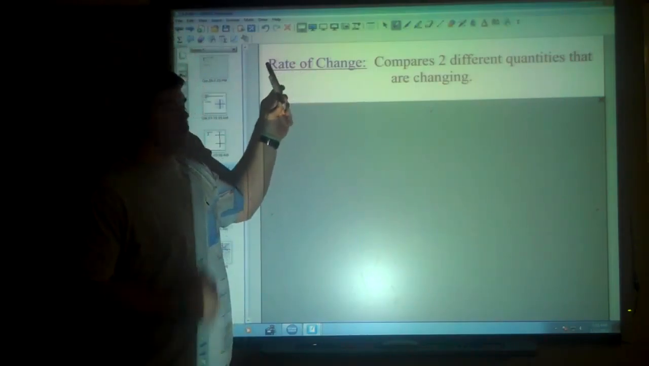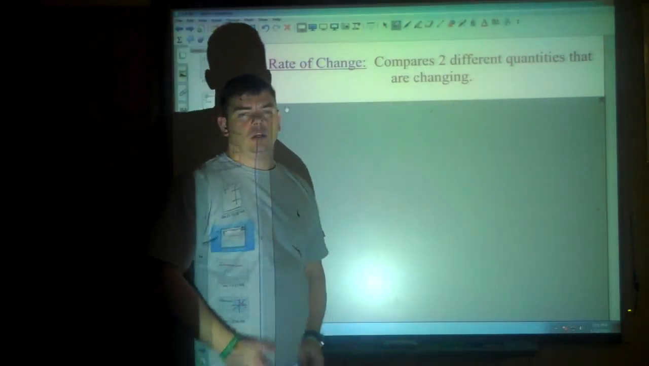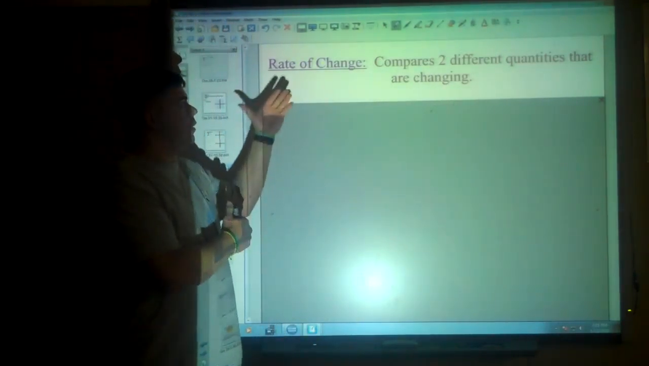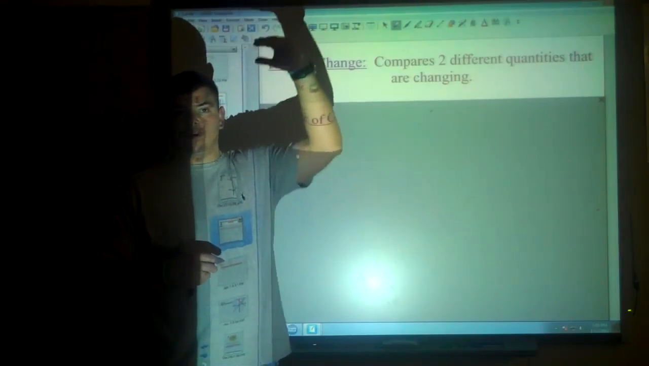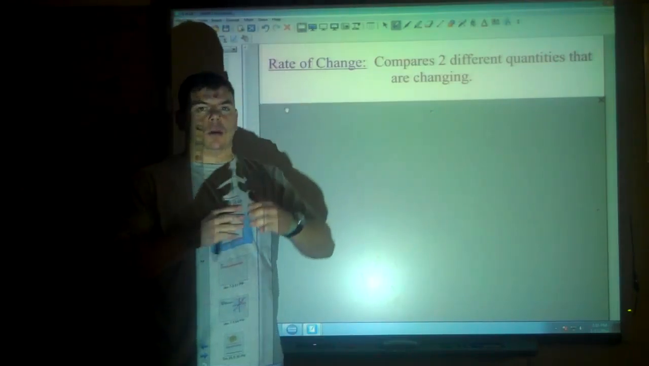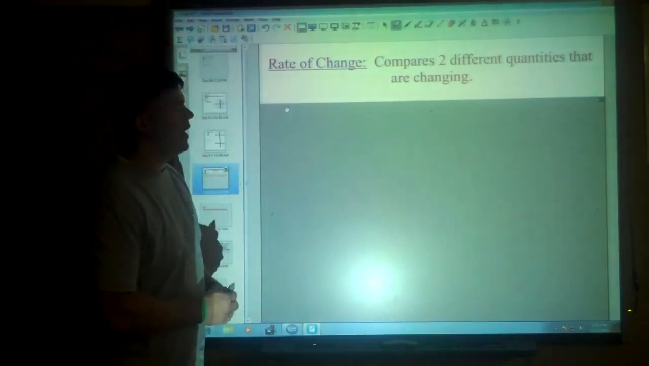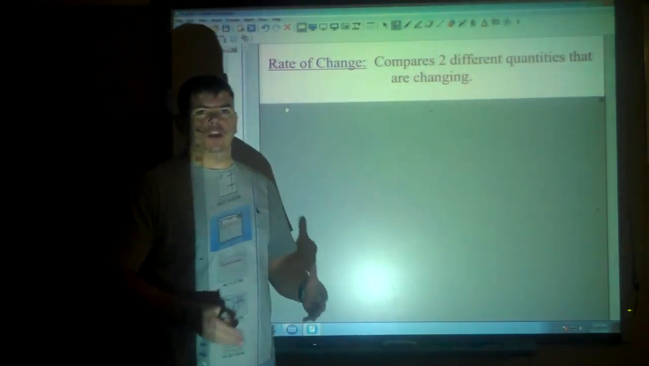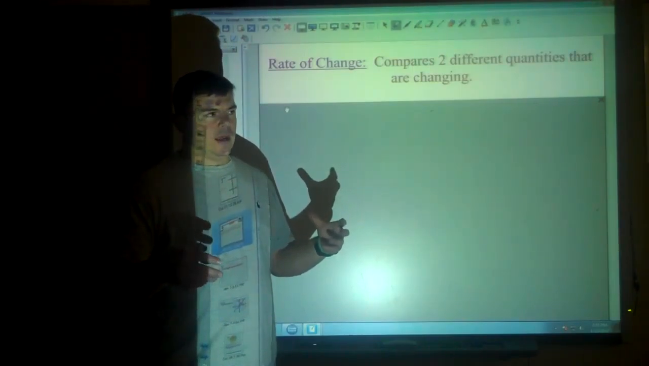Now, the rate of change in a real-life situation is going to compare two different quantities that are changing. So our slope is actually a rate of change because it's changing in rise over run. So it's going up or down, which is a change, being compared to the left and right change, a rate of change. All right? If I were to say that the current population in Junction City is 10,000 people, then